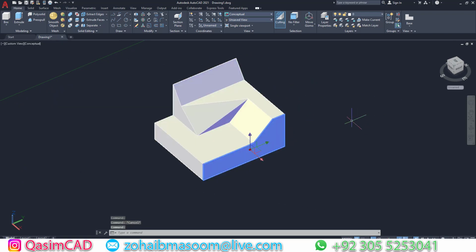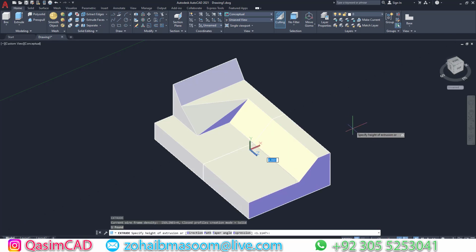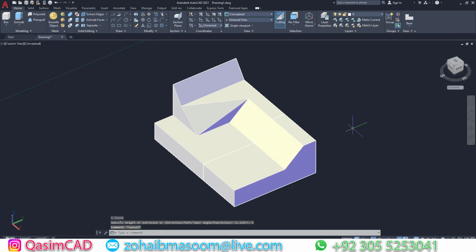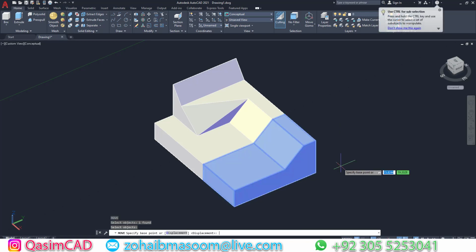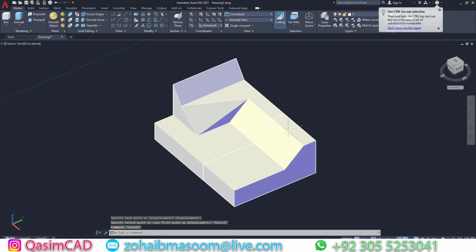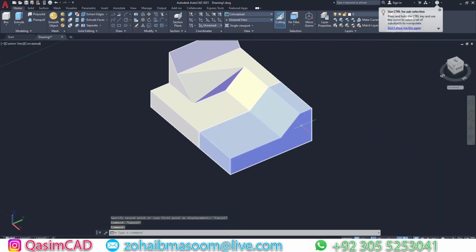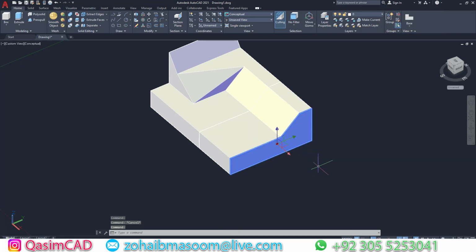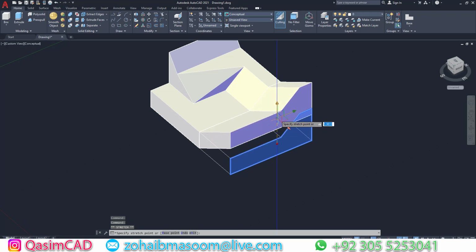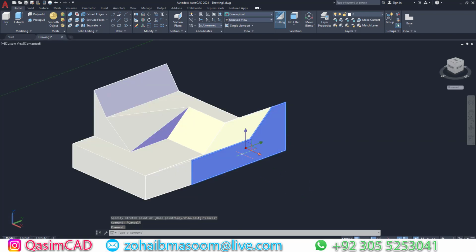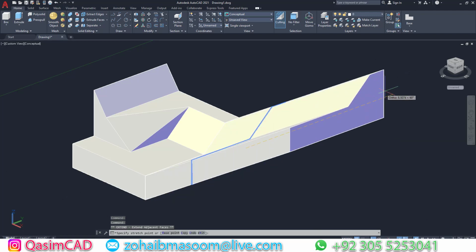Also, you can extrude the face by selecting the face and make it another object. You don't need to draw the shape of the face to extrude. Here you have to just point cursor on red spot after selecting the face, and you can extend the face by selecting the option,